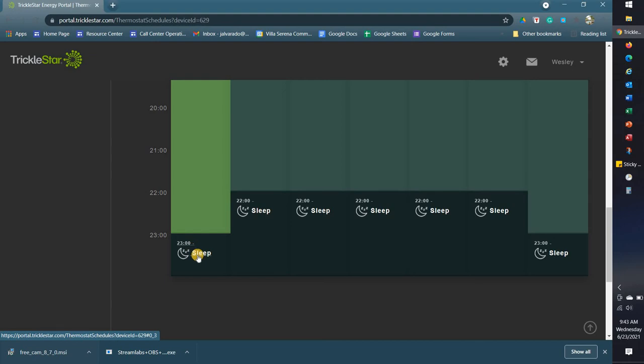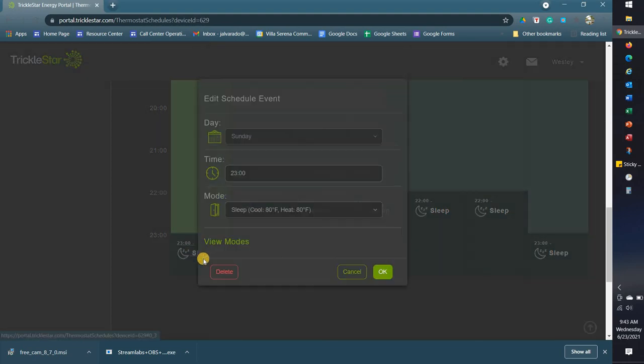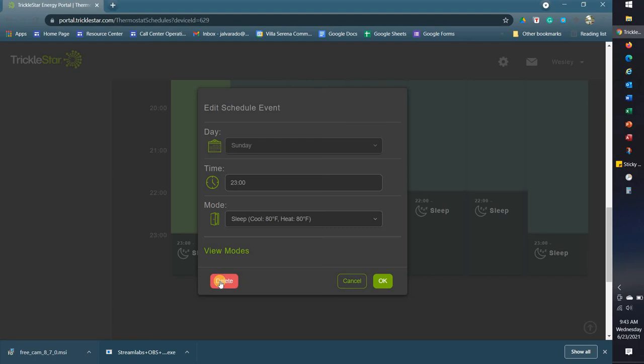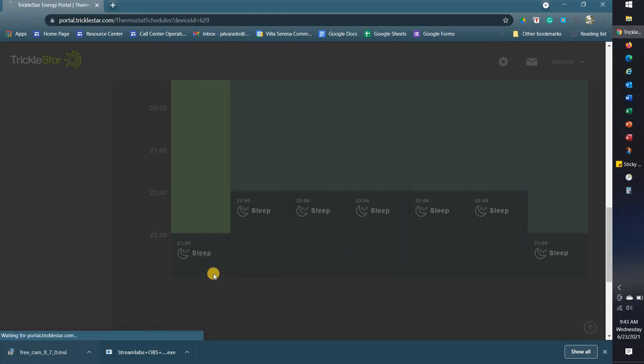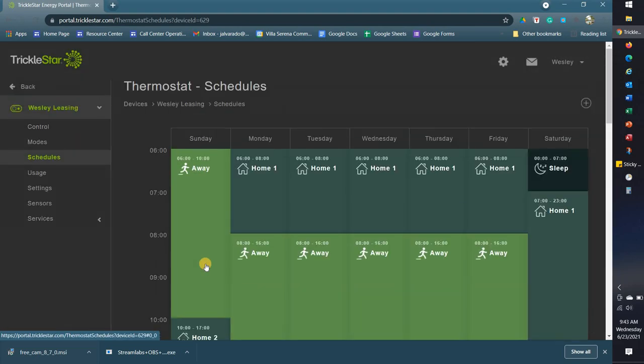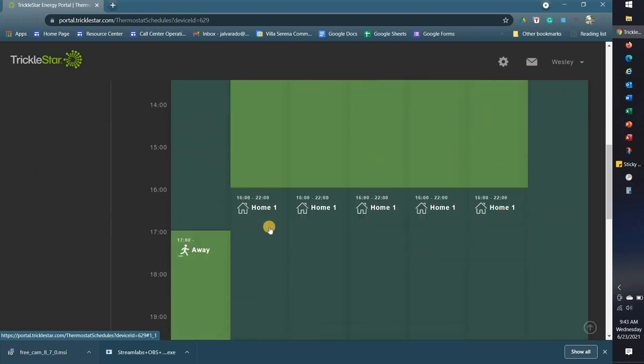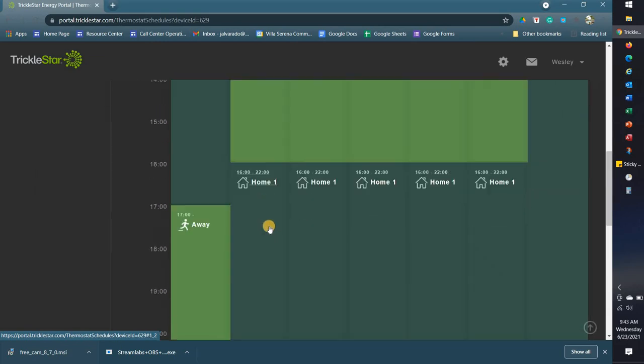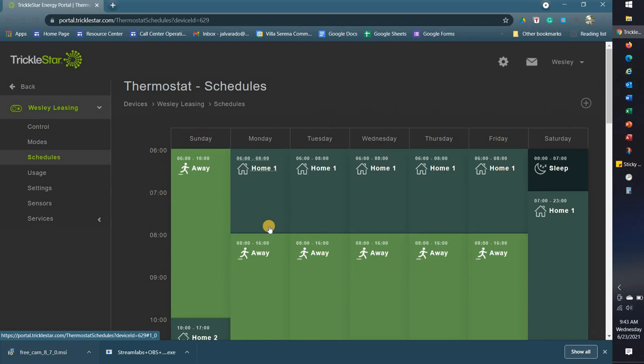Now we can remove this now, okay? Because you have to add in a couple of blocks, and then it lets you remove it. So now you can delete that. So then Sunday is set, right? From 6 to 10, the AC's off. Then it starts cooling from 10 to 5, and then it turns off again. And then it stays off all the way till